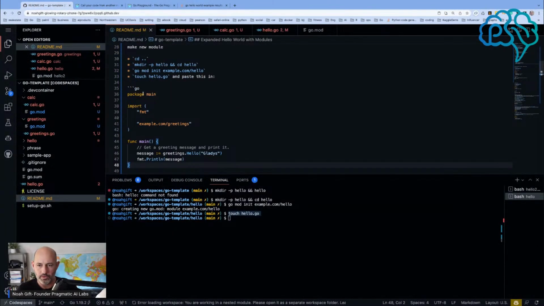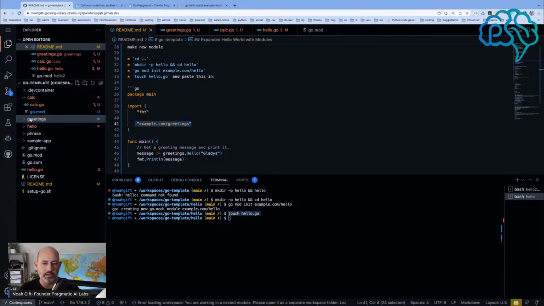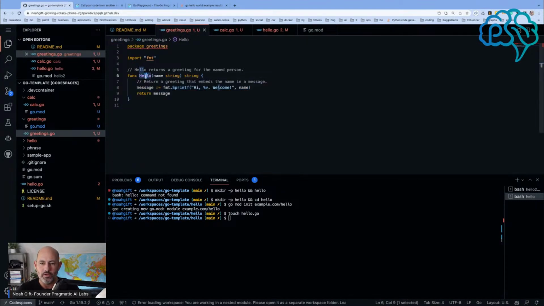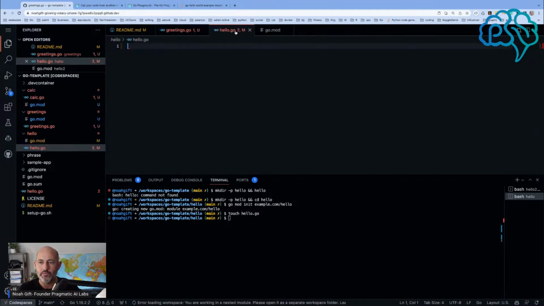Good. So let's see what we're doing here. We're saying package main. We're going to import fmt, which is from the standard library. We're also going to import greetings, which I'm assuming it can do because it's at the same level. Because here and here are at the same level. I'm assuming that's how it works. And this will say basically greetings.Hello. So it's just going to use this Hello function inside of,